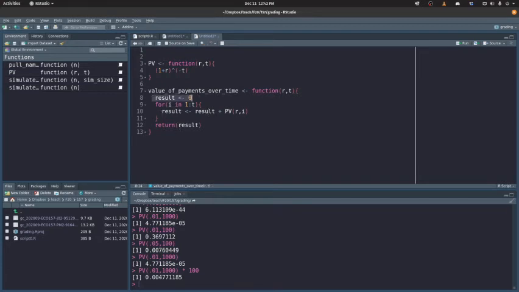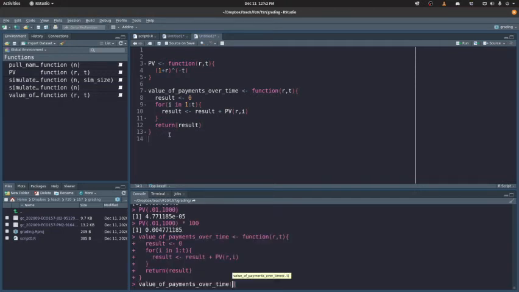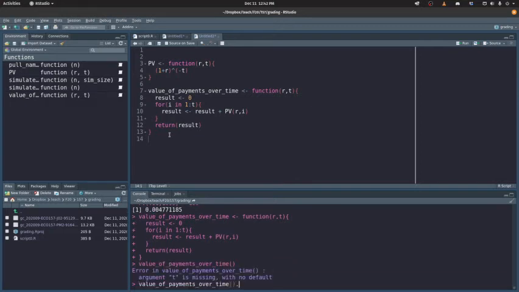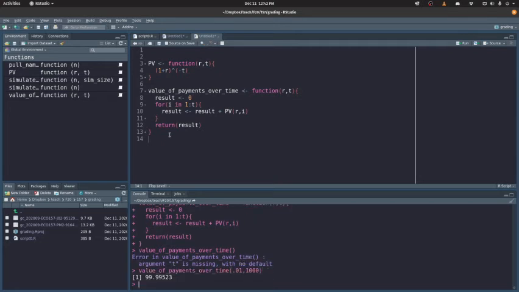So we start with result as 0, and then we're going to repeat, say, 1,000 times this process where we take whatever we start with and then add on the value of $1 5 years from now, 6 years from now, 100 years from now, 500 years from now. We're going to keep adding that all on, and then finally return that total sum. So value of payments over time, at 0.01 is our interest rate. That's 1%. Over 1,000 years, it's worth